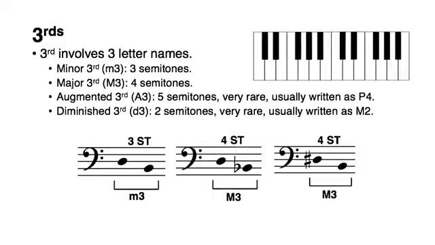In this video, we'll do a short review of thirds and see how thirds are used in the song Surviving the Times by Nas. Thirds are intervals that involve three letter names. The most common types of thirds, or qualities of thirds, are minor thirds and major thirds. A minor third will have a distance of 3 semitones between the two notes, like the one you see here, D